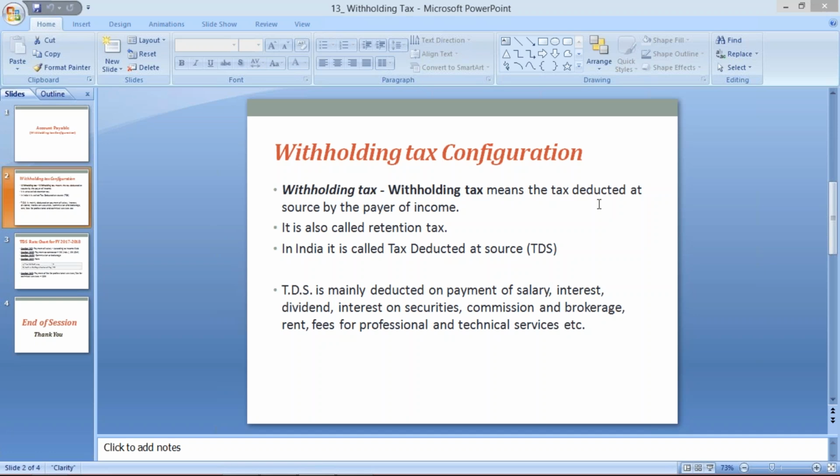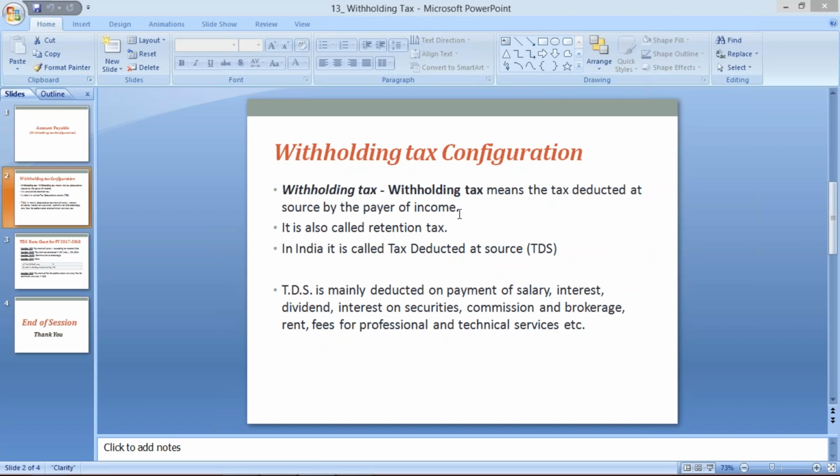Withholding tax means TDS, tax deducted at source by the payer of income. And the very classic example is whatever income tax we are going to pay: income tax, wealth tax, property tax. Now we have nothing to do with wealth tax or property tax. Income tax most likely, and apart from this there are so many other taxes also.